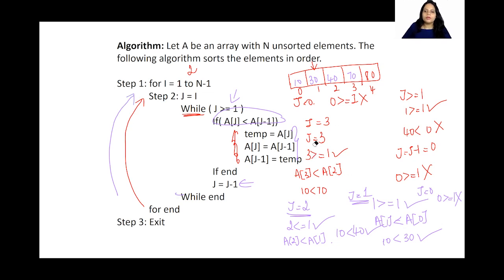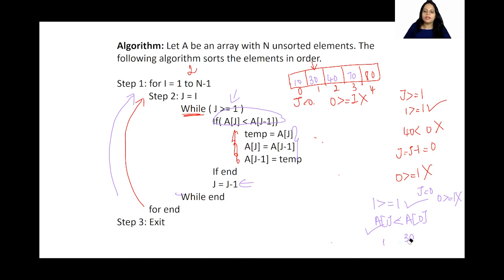Okay. I hope you're understanding this. So each step we are going to compare the data item with the previous item so that we can swap it until we have come to the beginning of the array. Okay. Until j is equal to 1, we are going to compare them with the previous item, and then if it is less, then we are going to swap it.